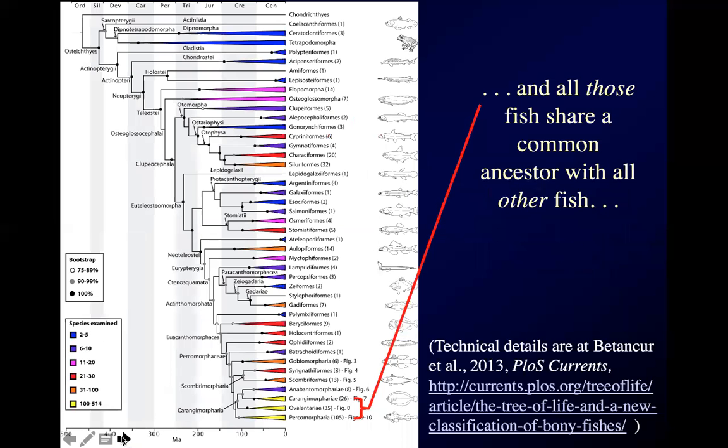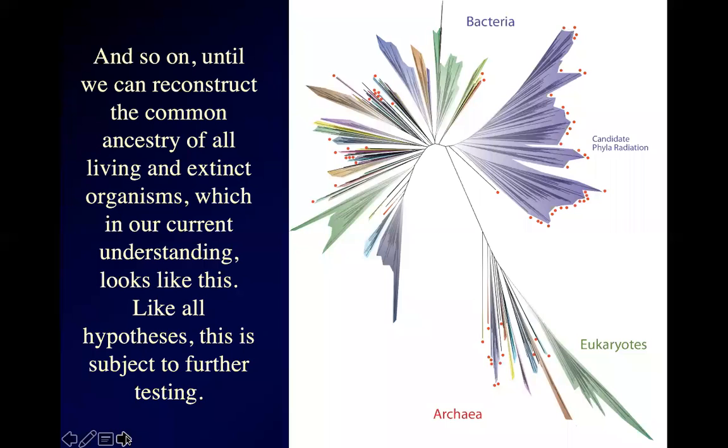All those fish now fit into that small little red bracket down there at the bottom. And those share a common ancestor with even more organisms. And we can keep pushing this back and back and back until we end up with something like this. This is a diagram of the current best estimate of the common ancestry of all living and extinct organisms in